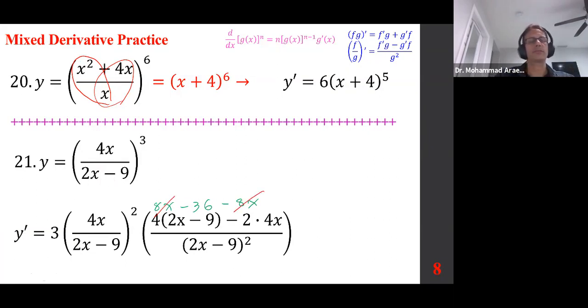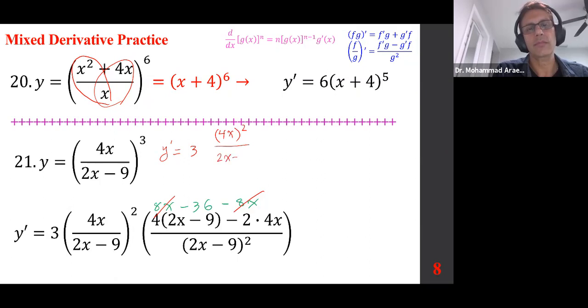Now, again, I want to take one more step, class, because I don't want anybody to make a mistake. So we are going to write this as 3 times. Now, the first parenthesis, I'm going to write it as 4x squared over 2x minus 9 squared. The first parenthesis. The second parenthesis, the numerator is left with negative 36, and the denominator is 2x minus 9